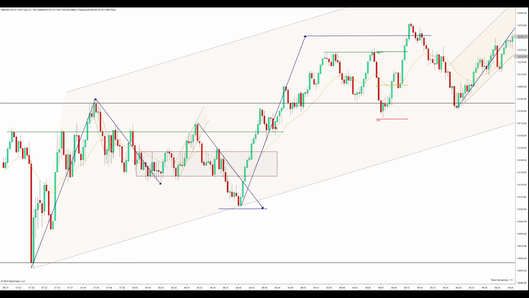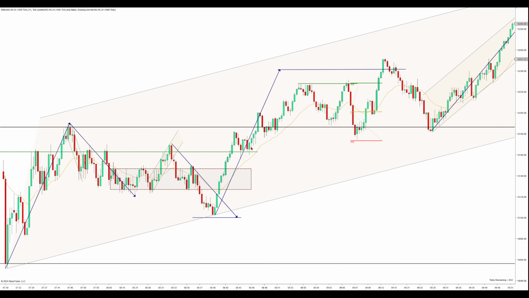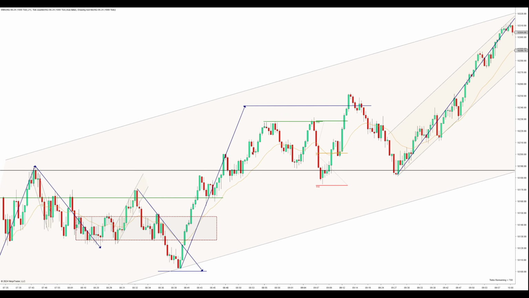I can see there's a couple legs back, but it's just a little bit too choppy. It's not a clear reversal pattern. So it pushes on up without us here. We find a little bit of resistance at the overnight high. We push out. Now, when you break out of an overnight high, or a low for that matter, or a